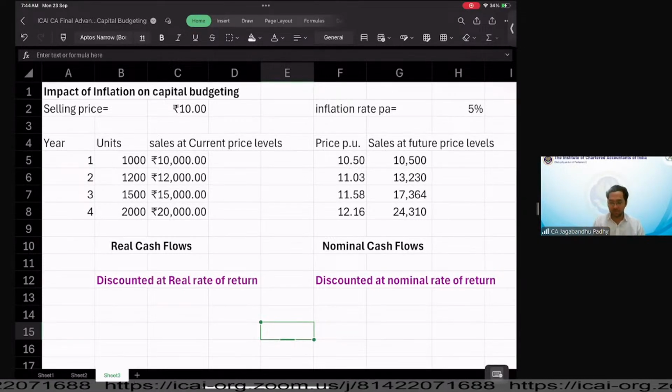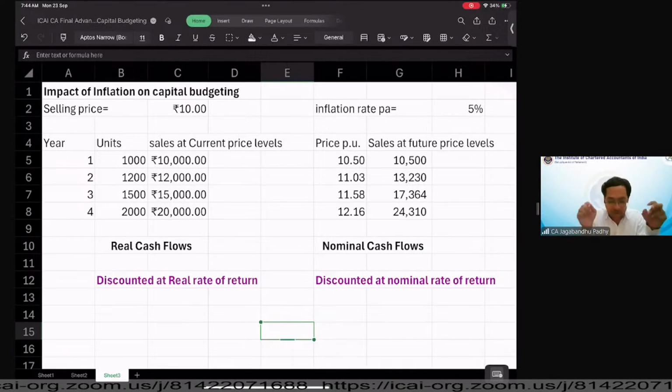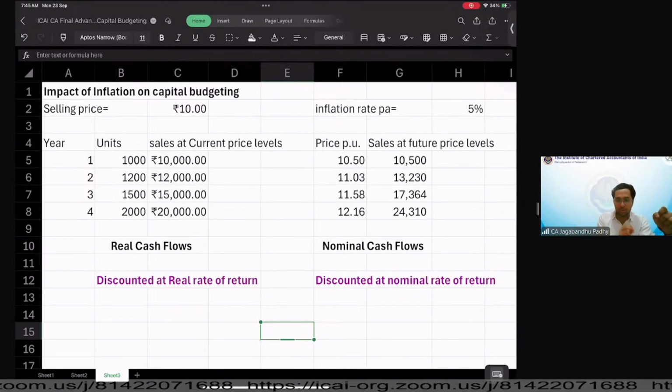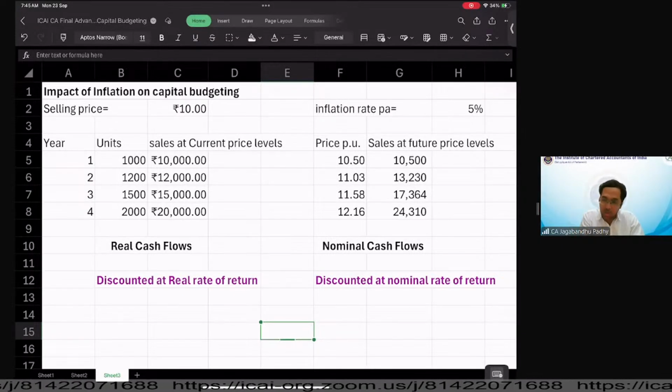Exactly. Correct, guys. Absolutely correct. You're talking of the nominal rate as including inflation, so the nominal rate should have a higher number, right? Because nominal cash flows include an impact of inflation. And due to that, apart from getting a normal return that you're looking for from a project, it should also be compensated for the inflation. Therefore, nominal cash flows will be at a bit higher levels. So let's first understand the relation. We hope we have understood the relation between a real cash flow and a nominal cash flow.